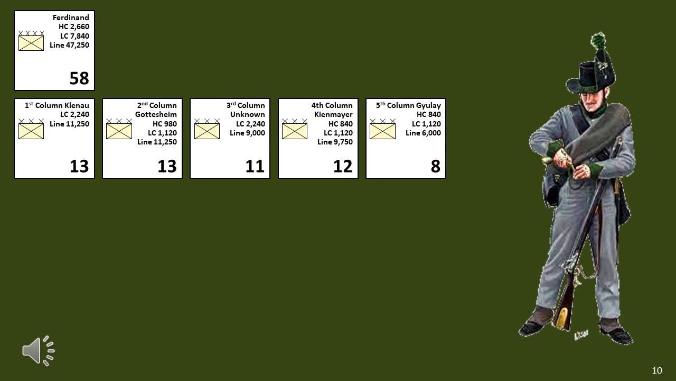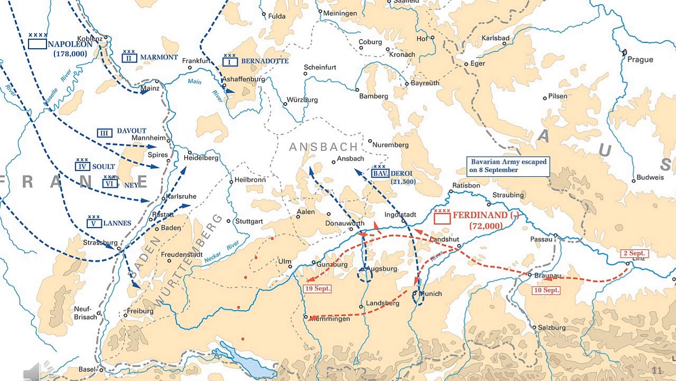One column, the third, does not have a commander. I'm unsure why that's the case. However, the sources that I'm using from Niehorster are very detailed at this particular point in the war. The next date I'm covering is the 25th of September, and